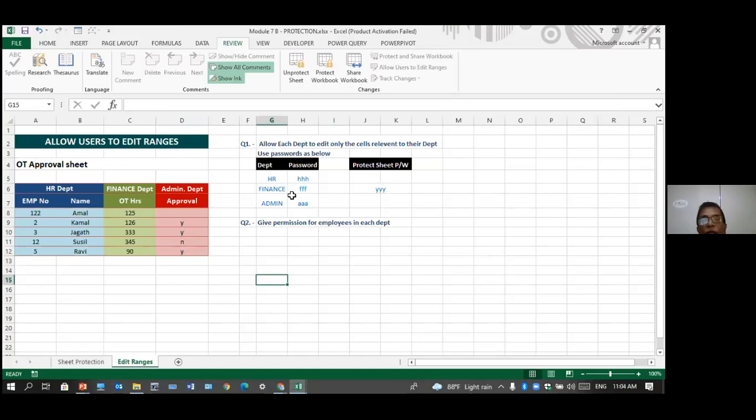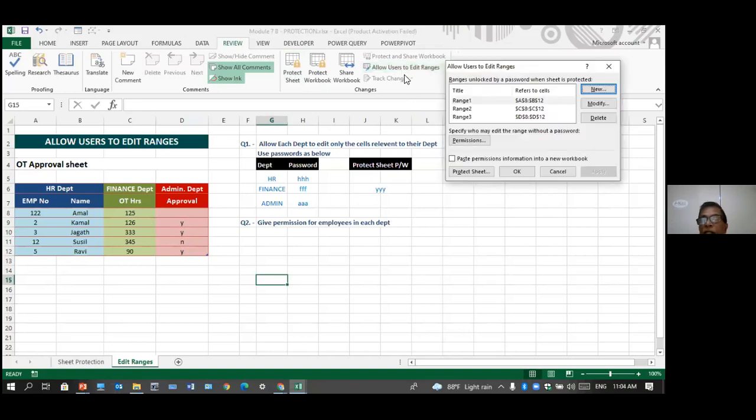Okay. Now, I'll unprotect the sheet by putting the admin password. Right? Now, at the time of giving this, allow users to edit ranges, I gave 3 passwords from outside. But if you go to permission, now this is what you have to try in the office. Please try this. One person can try this, or all of you can try this.